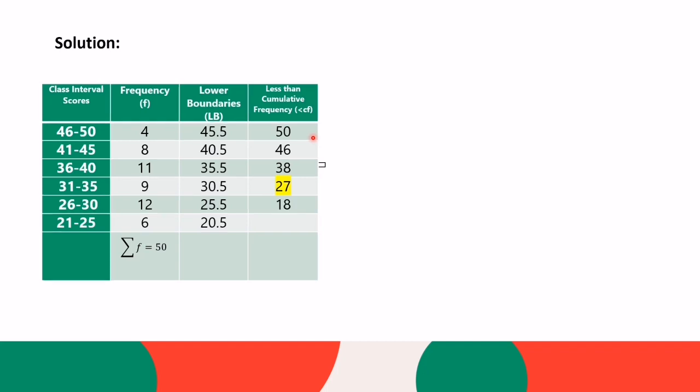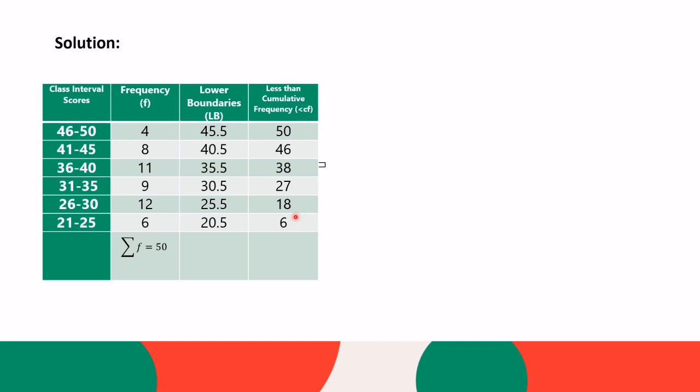And then 18 minus 12, we have 6. So again, this is correct because if we subtract these two, we will come up with 0. Next, we are looking for the D6 class. So if we are looking for the D6 class, we're going to use the formula for decile, which is K times